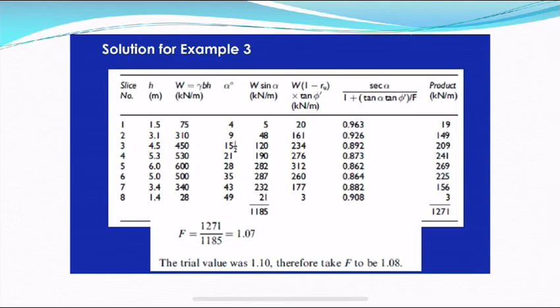The trial value which was assumed is 1.1, so the factor of safety is 1.07 or 1.08. This indicates that for the type of soil parameters considered, the slope configuration is just stable. In this sense, with a fluctuation in Ru, the slope can increase Ru, and there will be the possibility that the slope will undergo failure.